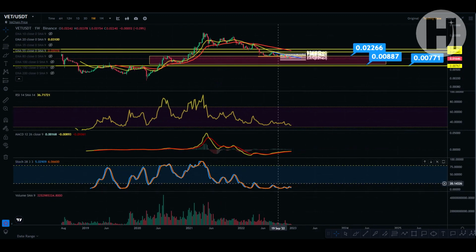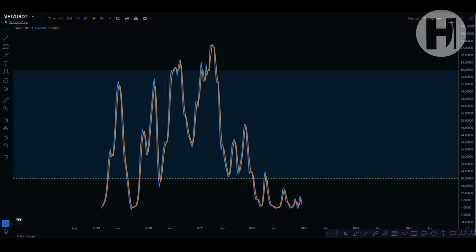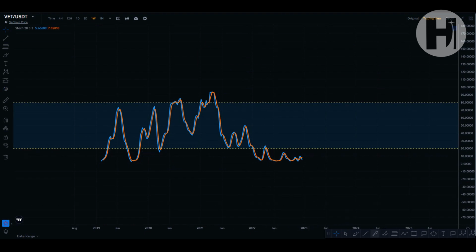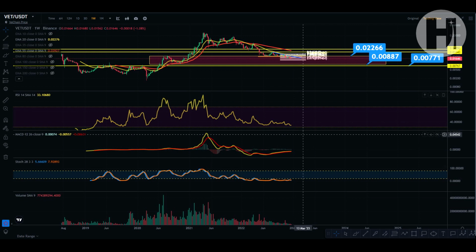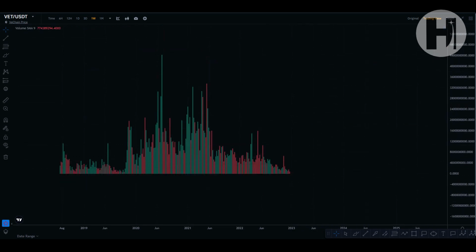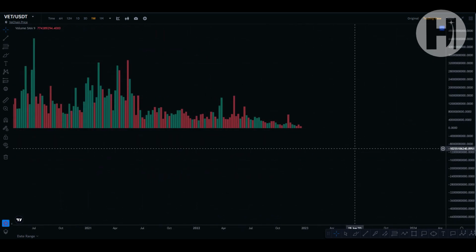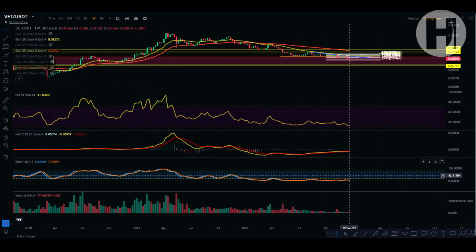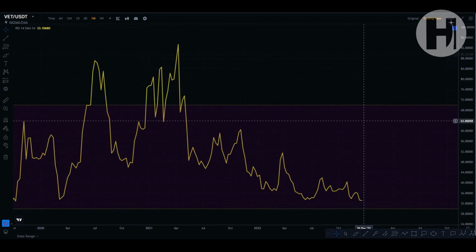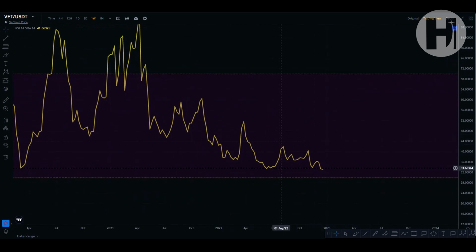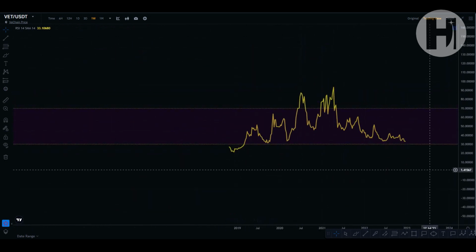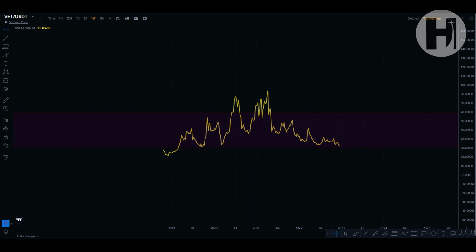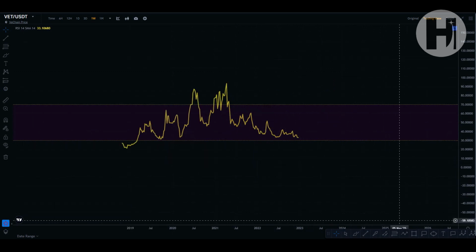Take a look at the stochastic on the weekly, obviously completely oversold. Don't even want to take a look at this. This is a strong buy based on this indicator. Based on the volume, you can see that a lot of selling pressure coming in, and once the bears are selling, smart people are buying, especially if you know that the project is going to do well long term. The weekly RSI here is in the lower area of the RSI, sitting very close to the oversold, generally speaking, and at the index of 33 at the moment.